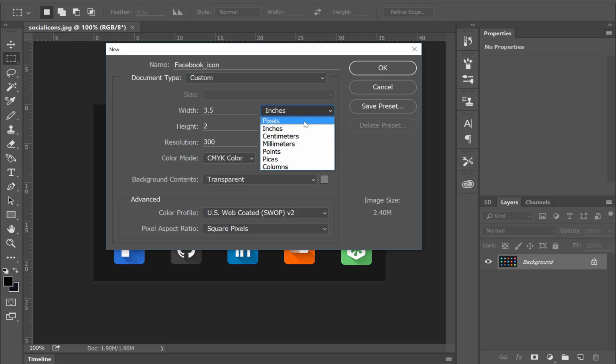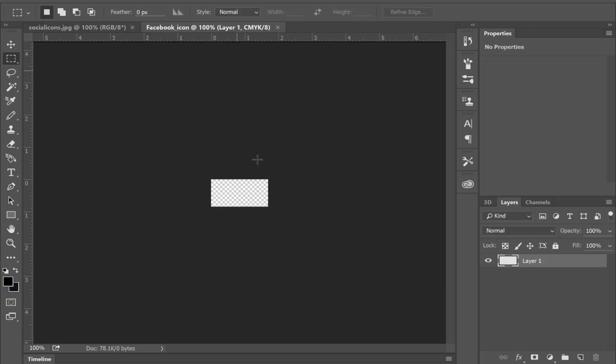We're going to change the pixels to, say, 200 by 100. Resolution, we want 300 pixels per inch, and transparent background. And this is all good, so we just click OK,